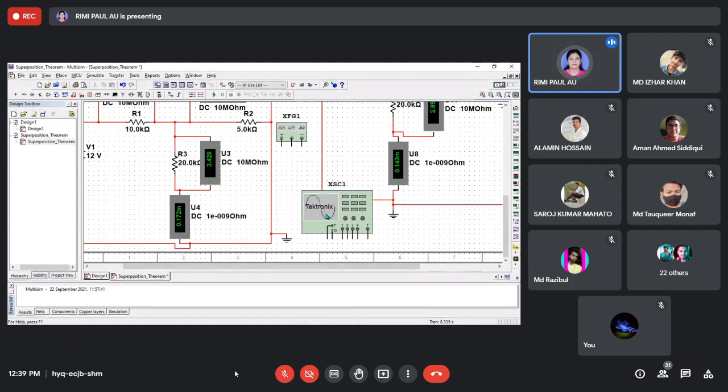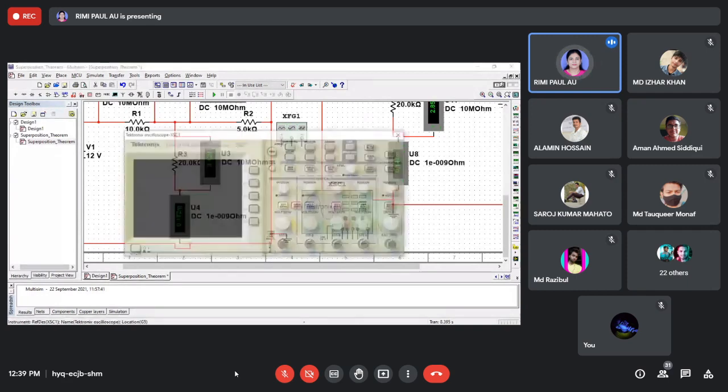Next semester you will learn it. As an engineer, you should know how to handle a function generator and oscilloscope. Previously it was difficult when we used CRO, but now it is much easier using DSO. So I'll show you the DSO.